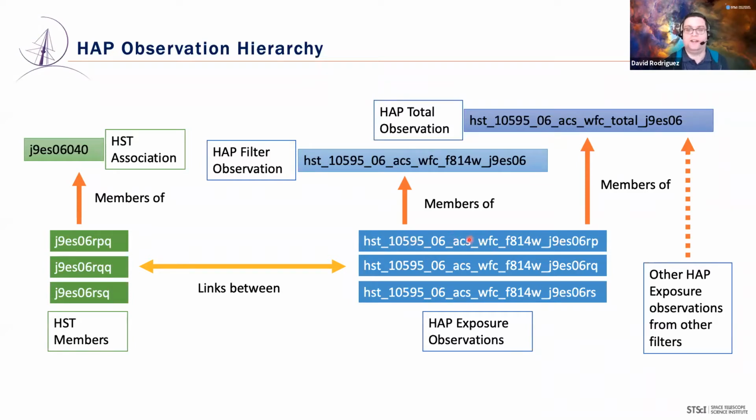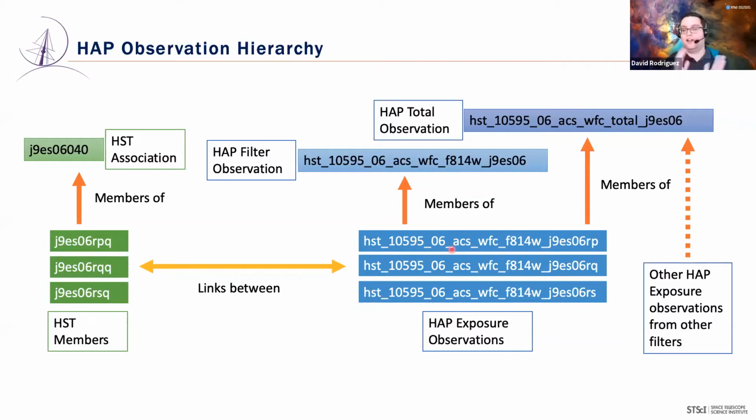I can see the instrument is ACS, the filter is F14W, etc. So these HAP exposures, there are three levels to HAP: exposure, filter, and total. The exposures are one-to-one to the members. So you can see that for each member, there is a HAP exposure, and all of the HAP exposures, they've